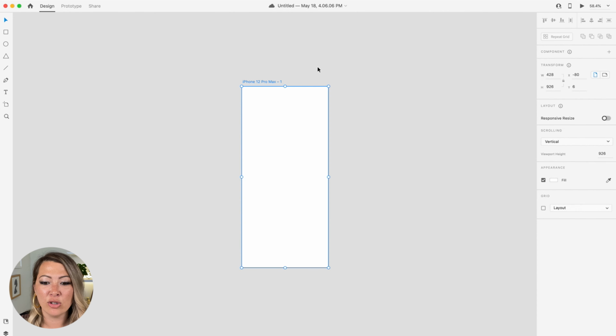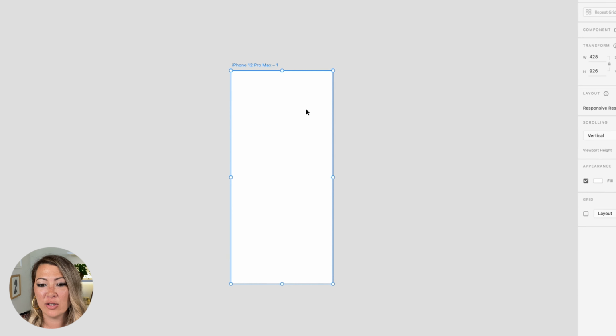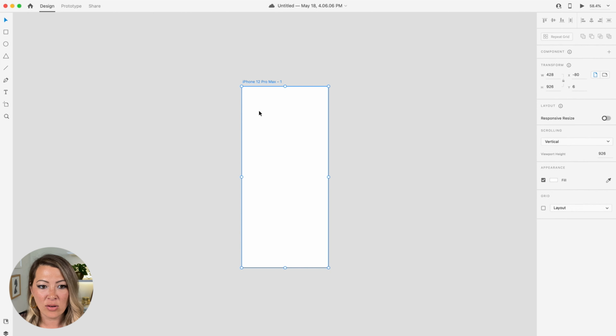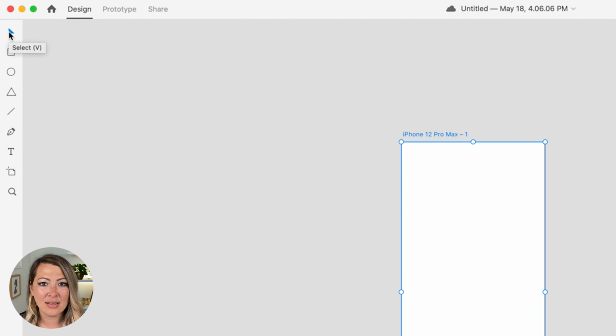So the first thing that I'll show you here is the toolbar over here on the left-hand side. And the first option is select. This is already enabled. This allows me to select a layer, move it about, etc. And when I hover over it, you're gonna see that it says select and it also says V. That is the shortcut as well. So you can just type V on your keyboard as well.